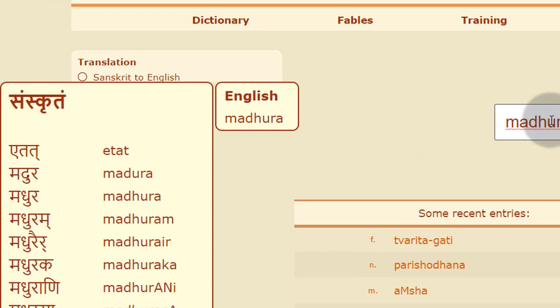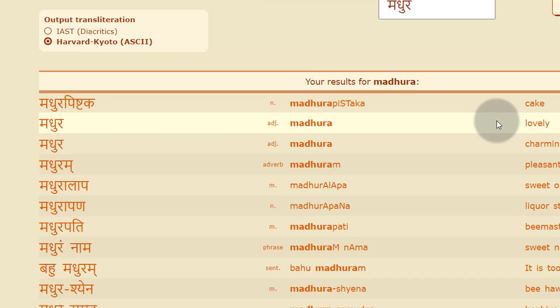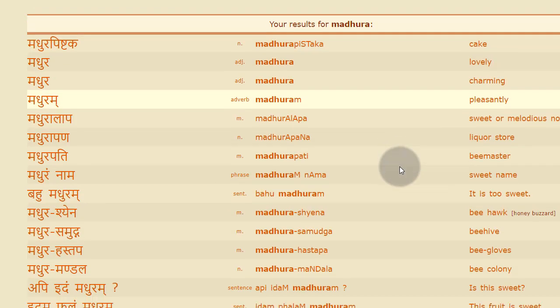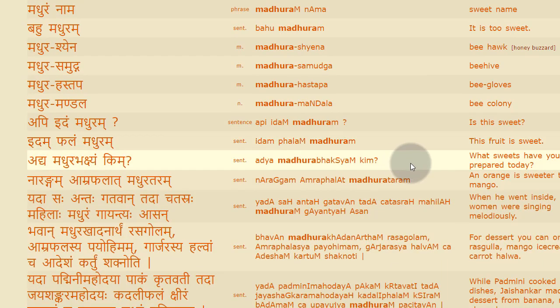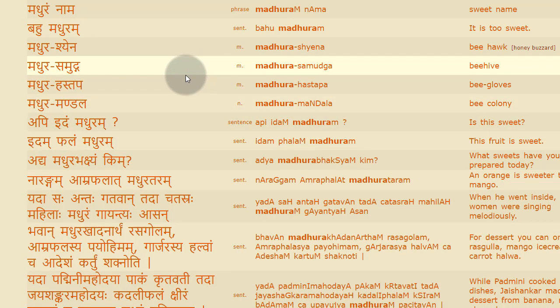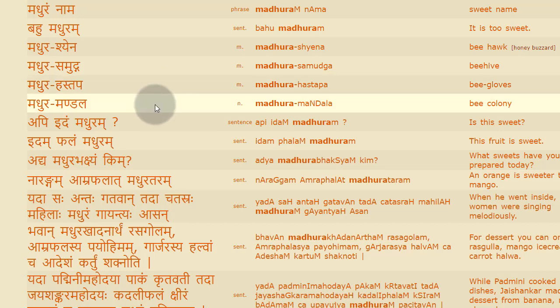Like that, if you type in English, you see on the left hand side so many words are suggested. In that you select Madhura. And Madhura has so many meanings: lovely, charming, pleasant, and so many related words. There are so many Samasta padams: Madhura Samudraha, Madhura Hastapaha, Madhura Mandalam.